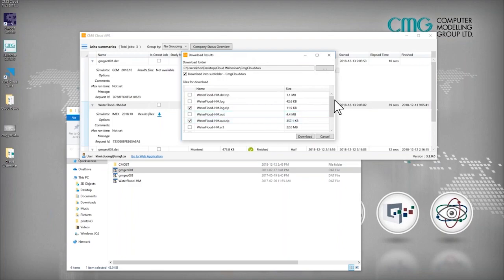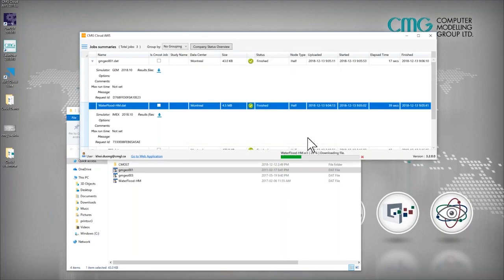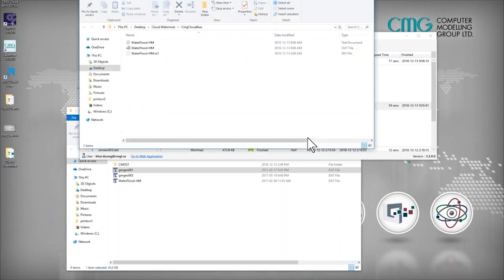Okay, so once you click on the download arrow, it'll show you files that you can download. It will automatically zip up some of the bigger files, things like your log file, your text, that can save you some room. Okay. And then you can click on your download. So we can download the SR3, which is your results file. Okay. Now, if you click download, it'll download, right? And if you notice, it's about 22, 23 megabytes for that one. It's fairly quick, even for a file that size, and it automatically opens up the folder where your files are being saved.